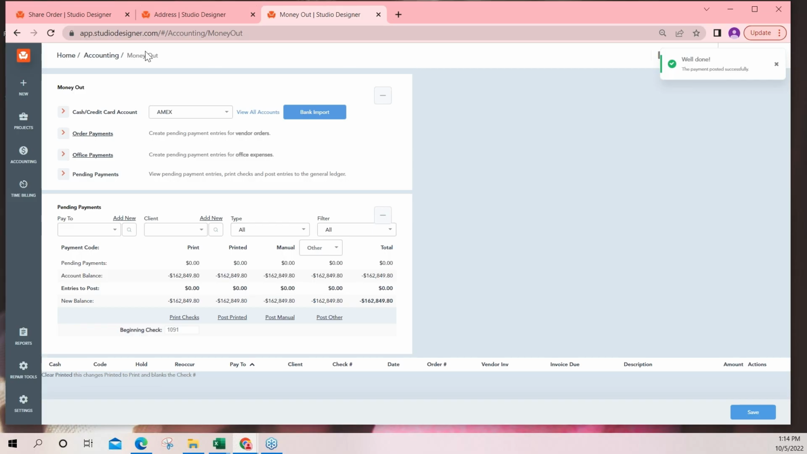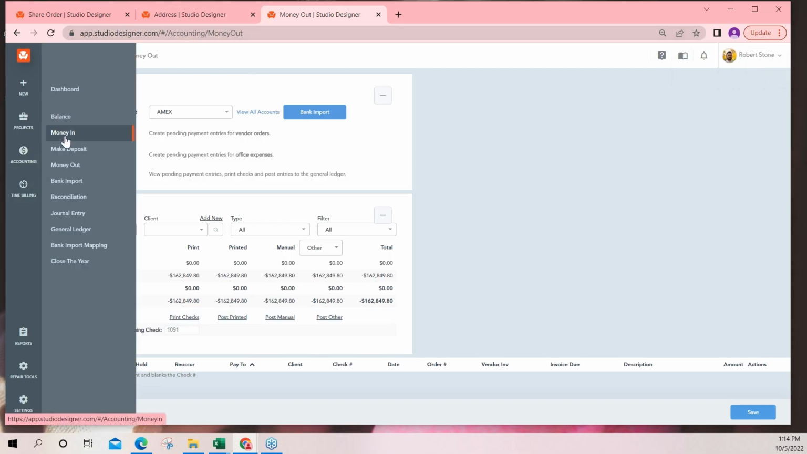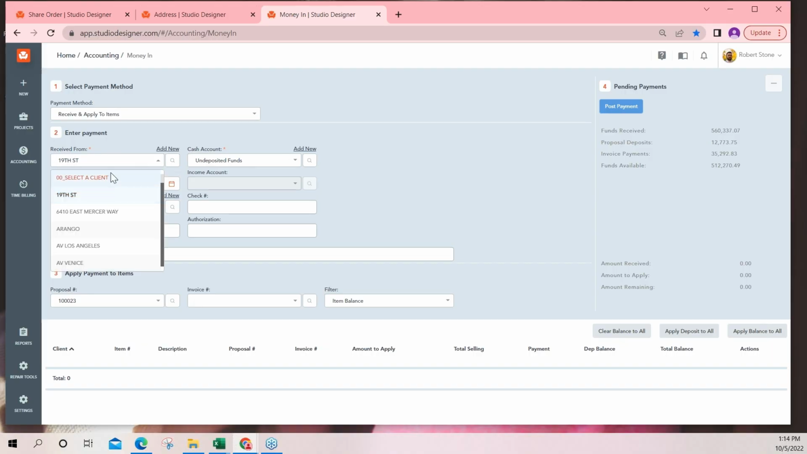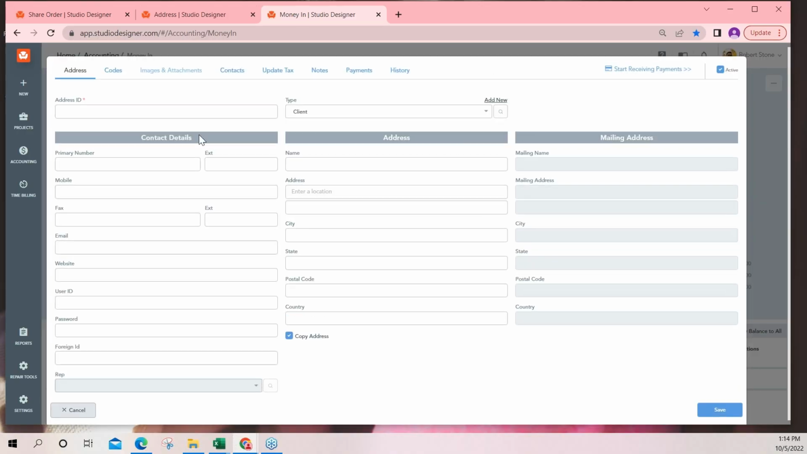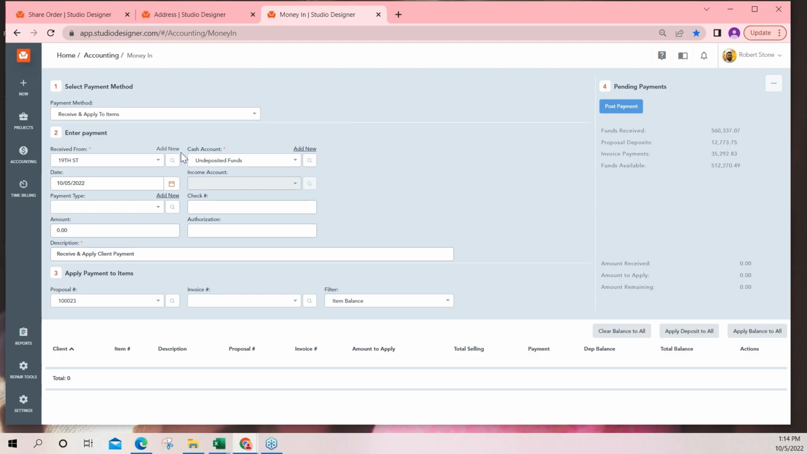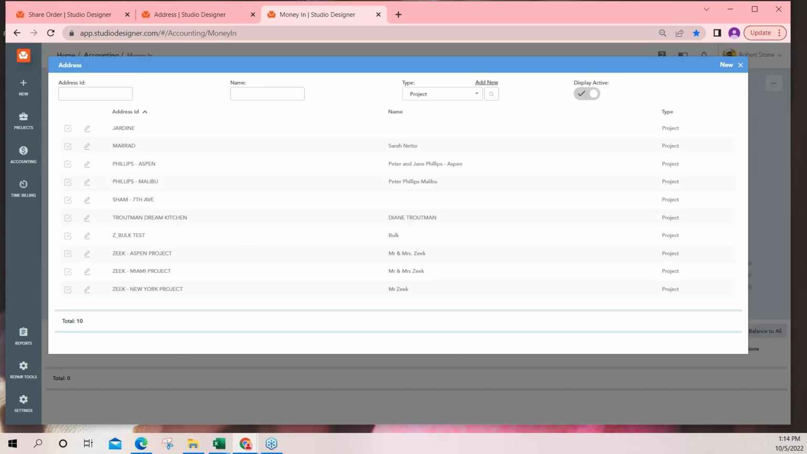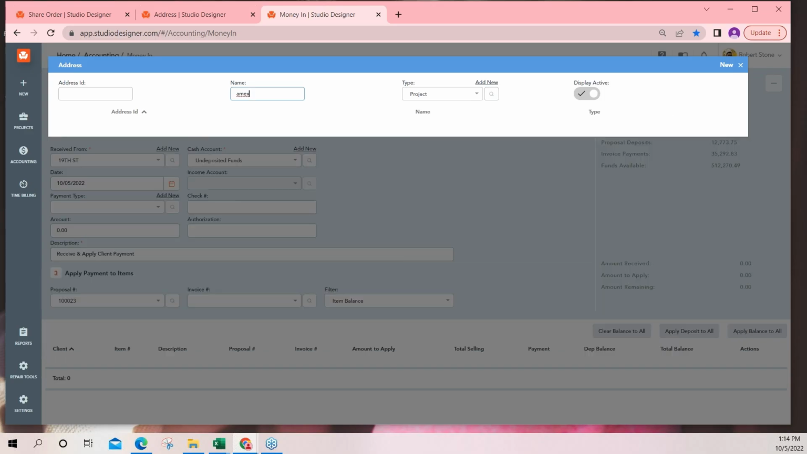If you received a cashback check, go to accounting, go to money in. Let's assume it's from American Express. So I want to do add. Nope, I don't want to do add new. I want to go to my magnifying glass because the received from dropdown is only clients. That's what populates into this screen first. So if you need a vendor, you would want to go to your magnifying glass, find Amex,